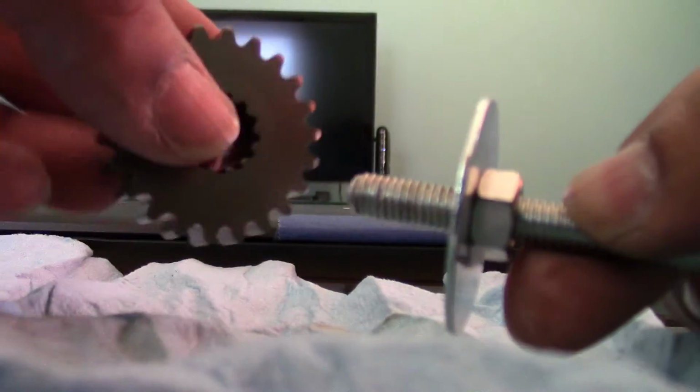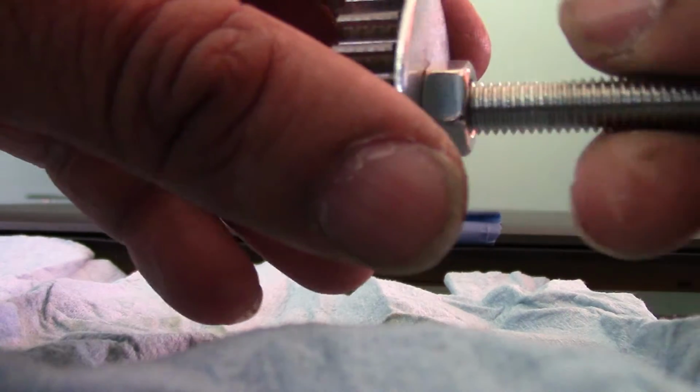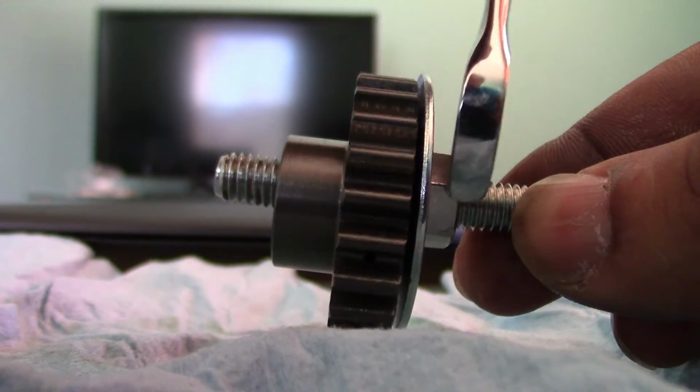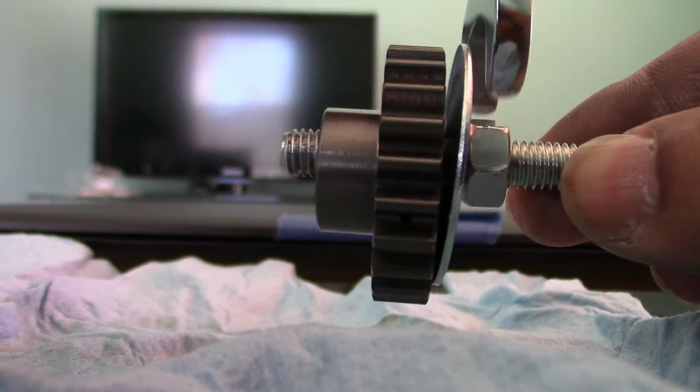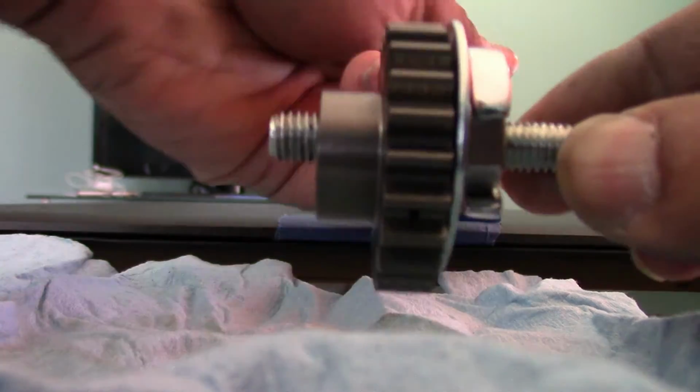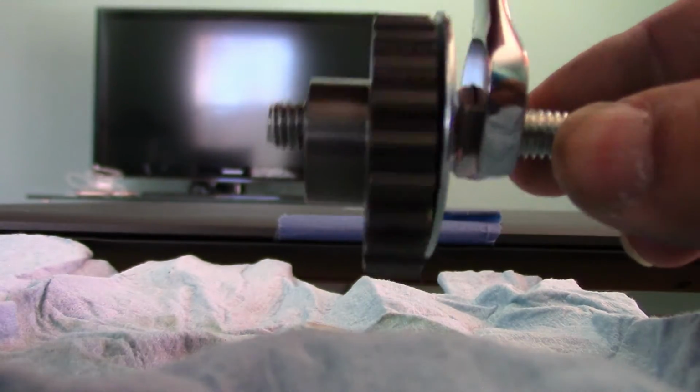Okay, so what I did was I threaded, just like this, I threaded it into the shaft until that made contact. Let's get that on there some more. Just like that. And then, once that was in there good, just like that, until it pressed